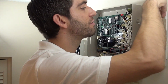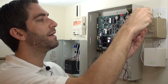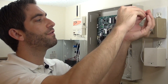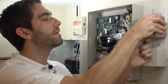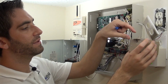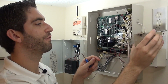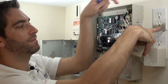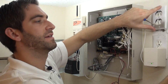Oh, it's screwed in, so we're going to remove this screw. A lot of times an installer will screw in a transformer so that it doesn't inadvertently get unplugged and kill power to the panel. So we remove this screw from the faceplate. And then now we can unplug the transformer. You saw the lights that were lit up are no longer lit up. The system is powered down. And we're free to go ahead and remove all of the wires. You can see on this faceplate here that you've got some discoloration. That's because these transformers do get hot over time. We're just going to set that aside for now,